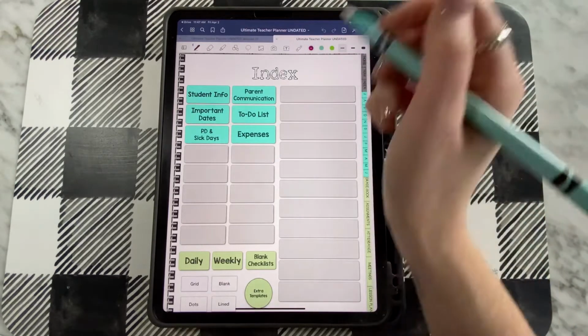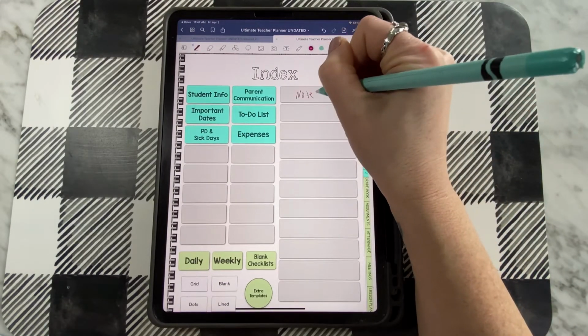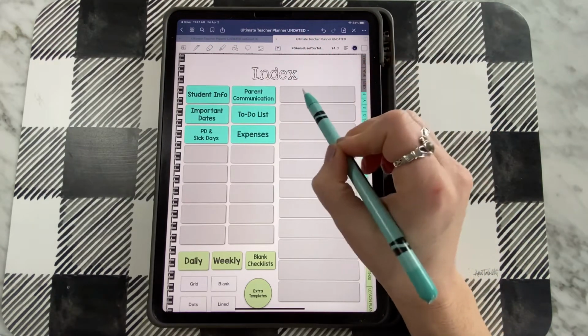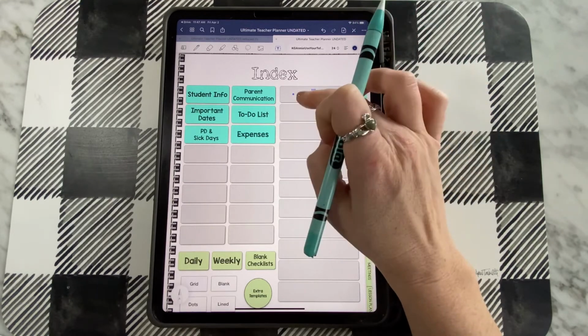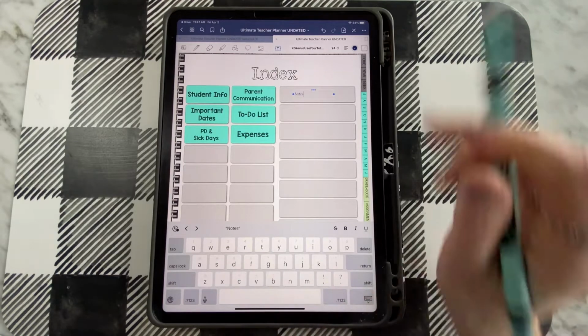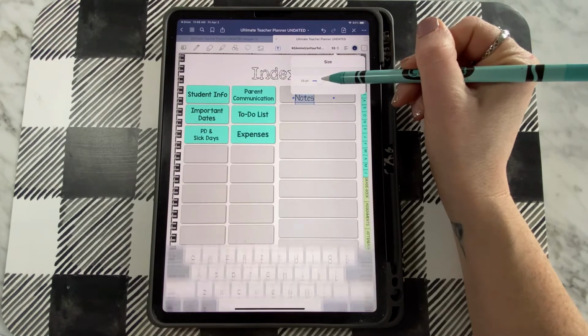Next, select the Pen tool in the index page, and then you can name your folder. I don't really like my handwriting. I much prefer to have cute fonts, which will be in another video to show you how to download your own fonts. So you can type the name right there, double click,